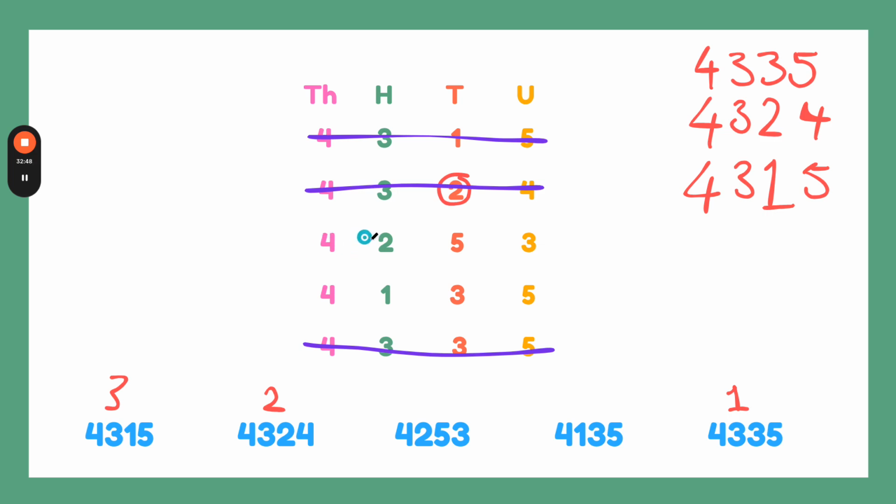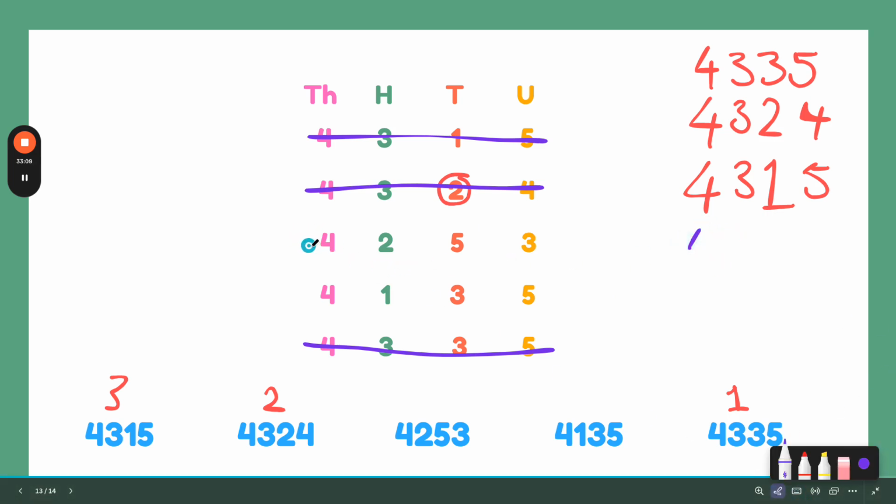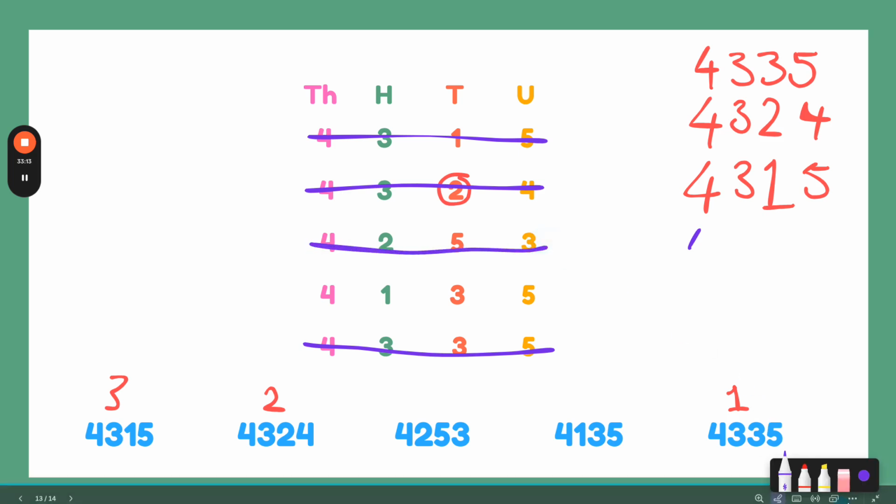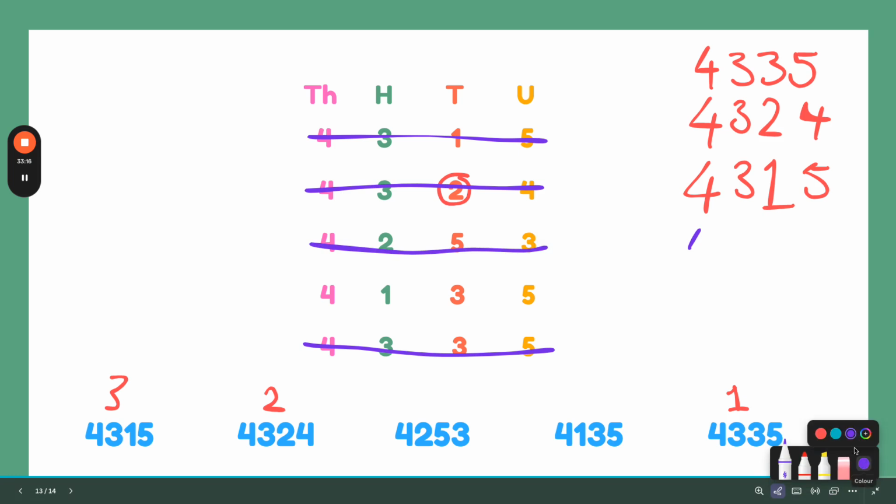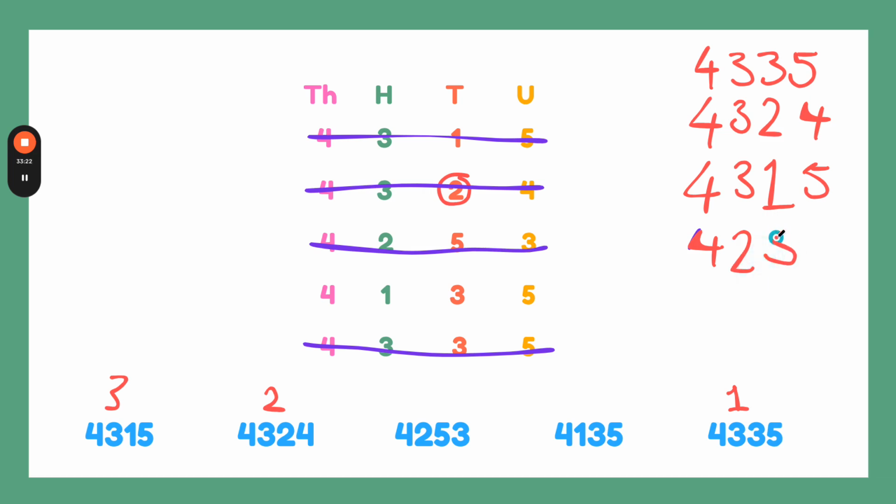So we look at our next column, which is the hundreds, and we can see this number has 200s, this number has 100s. 2 is larger than 1, which means this number is our next largest. So 4,253 is our next largest,